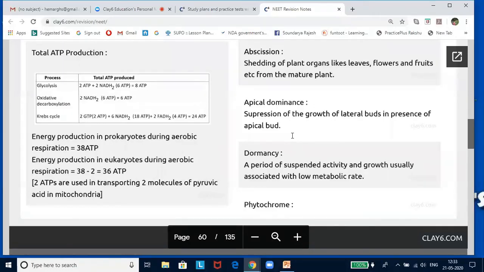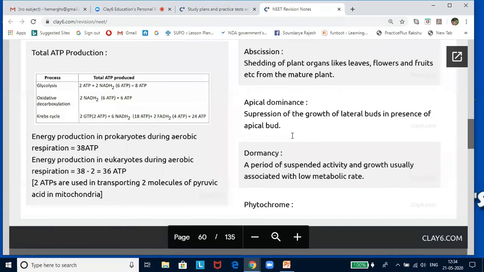Now the last one is abscission. Abscission is the shedding of leaves by plants, usually due to change in hormonal balance. In this process, an abscission layer is formed within the region of attachment. The middle lamella between certain cells in this layer is often digested by polysaccharide hydrolyzing enzymes such as cellulase and pectinase. Degenerative changes also occur, making the region soft and weak. The organ is then simply detached from the plant due to the effect of heavy rainfall or wind, etc. Abscisic acid plays a very significant role in this process.